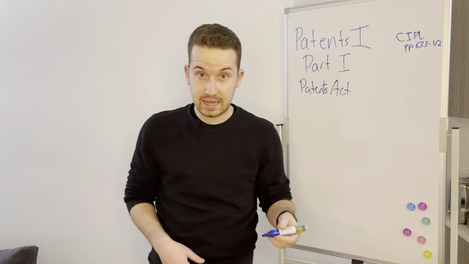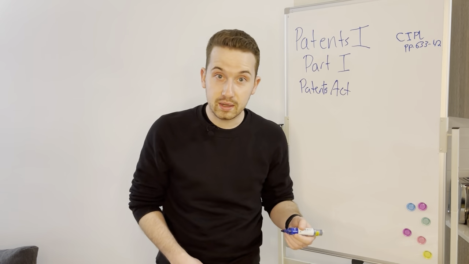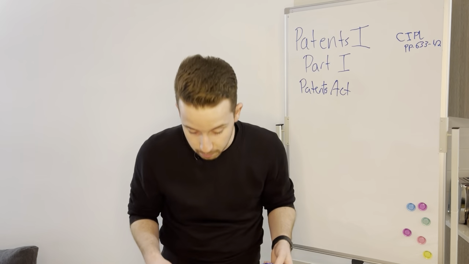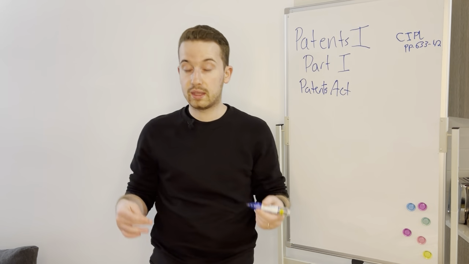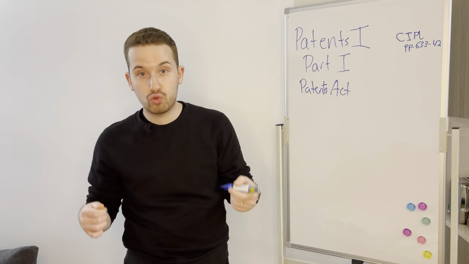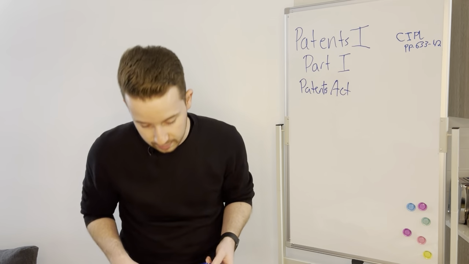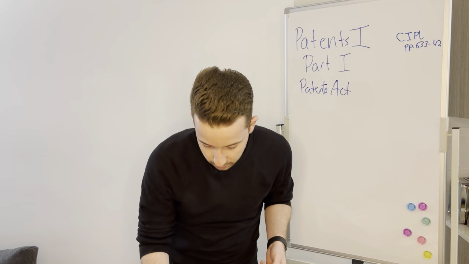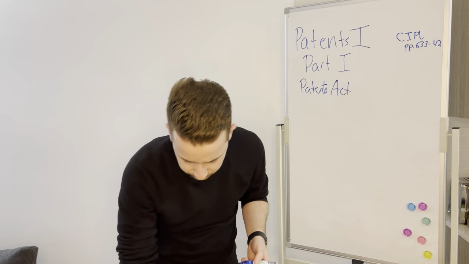A patent is an abbreviation for letters patent, which, from my wild speculation, is something to do with the royal prerogative to give you a right. So the right given to you by the King or Queen of England to do something in the marketplace. But don't quote me on this. This is my wild speculation.